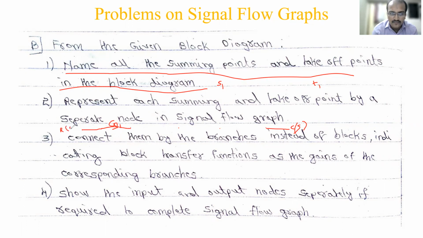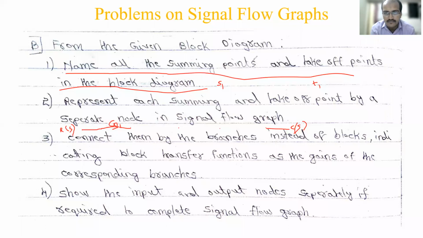Once it is done, you should not directly skip ahead, because constructing the signal flow graph is very important. If you have not constructed it properly or a small mistake is made, whatever you do with the Mason-Gain formula, so many things you write, will go to waste. To prevent that, you have to verify once again. See the block diagram and your signal flow graph and match them: is it matching at all the points? From here to here, what was the transfer? Verify once, and then you can go to the next step.